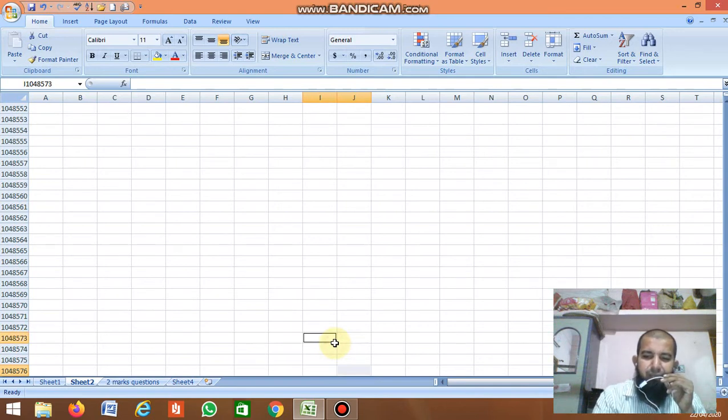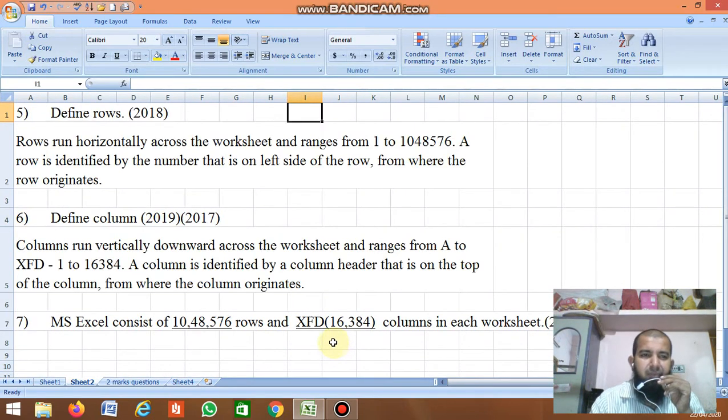If you press Control and the up arrow, it goes above. A row runs horizontally across the worksheet and ranges from 1 to 10,48,576. A row is identified by the number on the left side of the row: first row, second row, third row, like this.